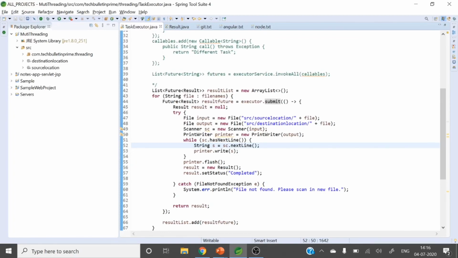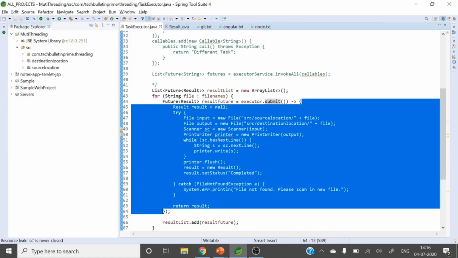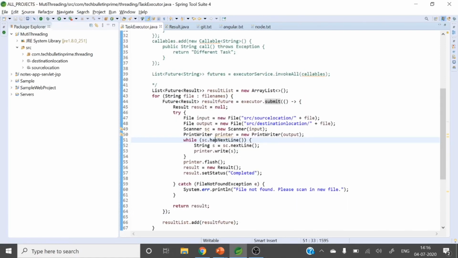In functional interfaces, instead of implementing the functional interface, creating an object and then passing that object, I am directly passing a lambda expression here. So here the file writing logic is there. Suppose I have 3 files. First I will get the first file, then I will submit it here in the form of a callable object.